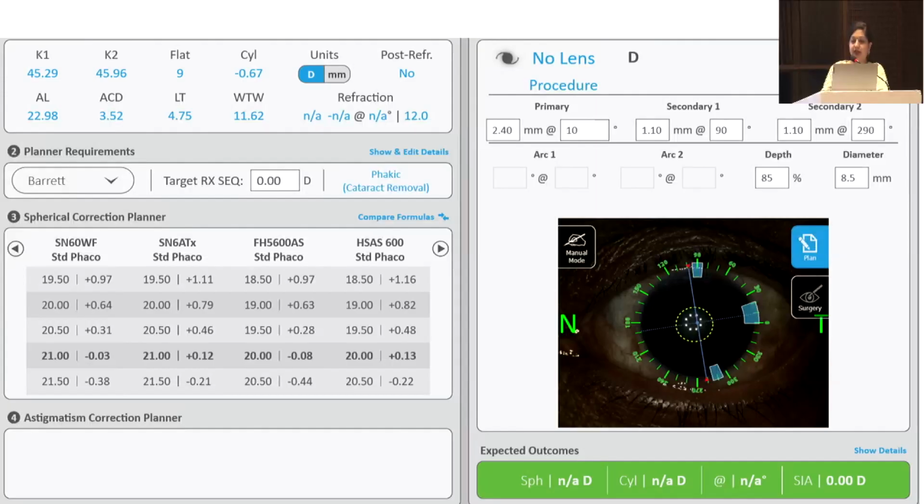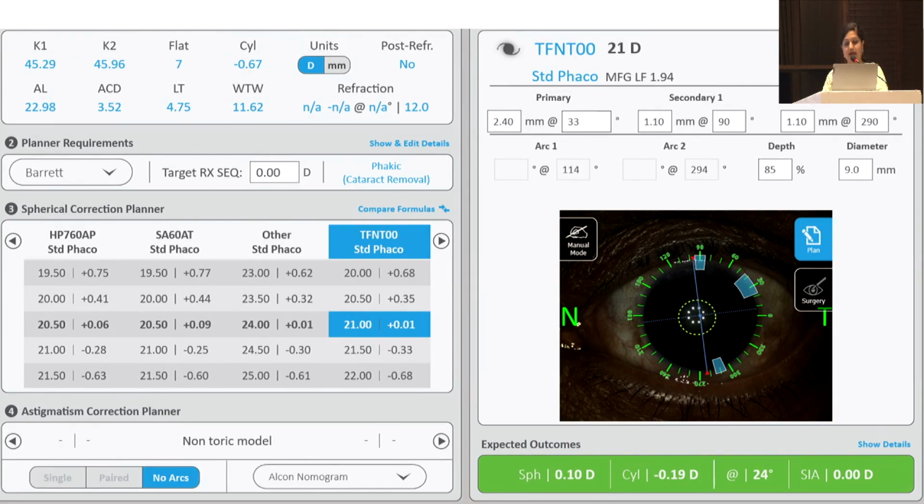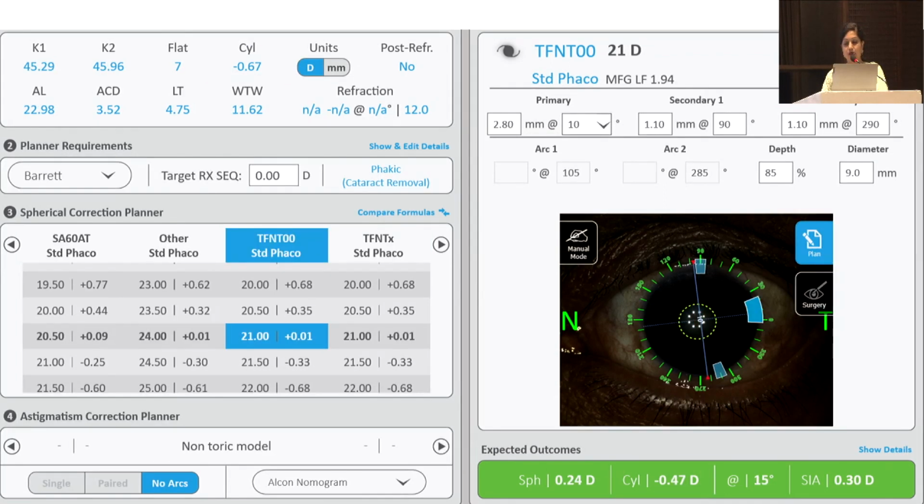Now let's see another scenario, which is with the rule. As you can see here, it's a 0.67 and flat axis is at 9 degrees. So it is a with the rule astigmatism. Now if I consider the TFNT 100 and no arcs, so what is the